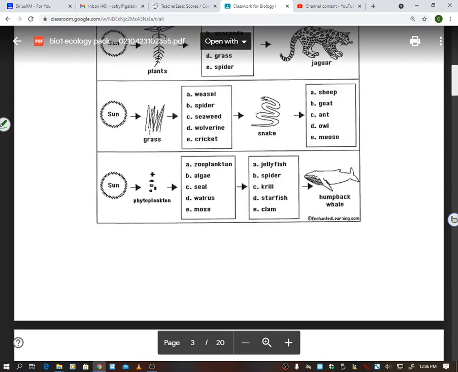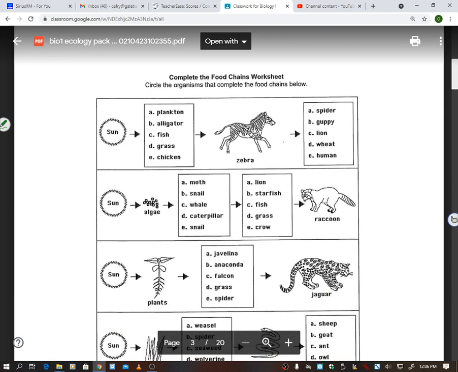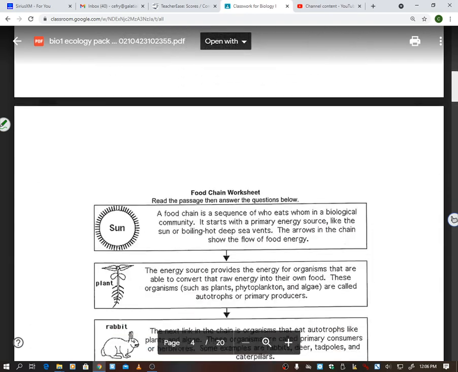All right, so anyways, when I'm looking at this, I'm like, sun. Who is getting energy from the sun? Grasses. The zebra is eating the grass, and then maybe it's the lion eating the zebra. But you can see, once again, the arrows are pointing towards who is getting that energy. Right? The lion's getting energy from the zebra, so energy flow. Okay, so I'm not going to go through all these, but that's kind of how that one is.